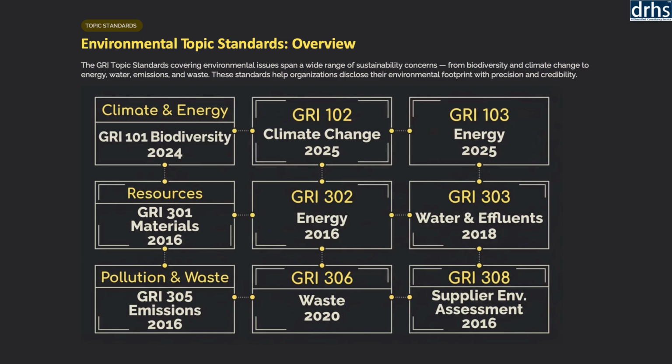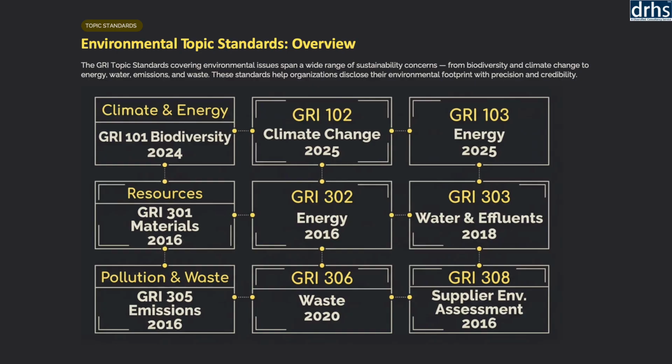At a strategic level, standards such as biodiversity and climate change emphasize the urgency of preserving natural ecosystems and mitigating global warming, aligning corporate disclosures with international environmental priorities. The inclusion of energy and emissions metrics further reinforces the need for organizations to quantify their carbon footprint and transition towards low-carbon operations. Under the resources category, standards addressing materials and water management highlight the importance of efficient resource utilization and sustainable consumption practices. These disclosures are particularly critical in sectors with intensive resource dependencies, ensuring accountability in the stewardship